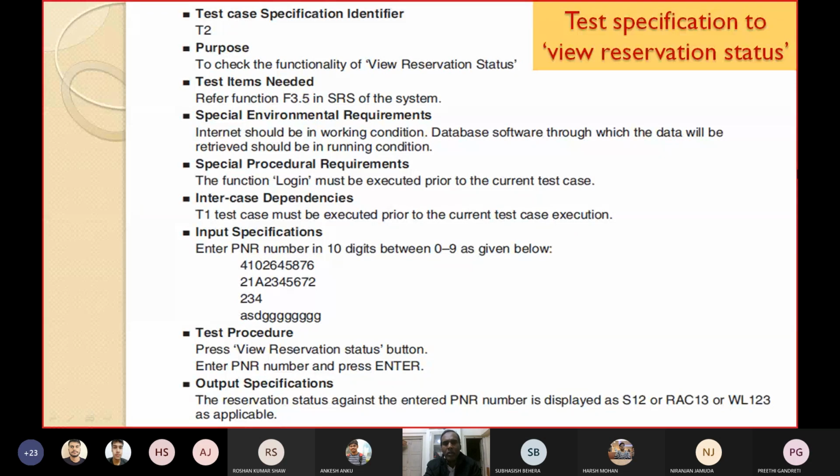So you may think of similar examples and prepare the test specification. In the examination, one such question will be asked. For example, in this library information system, you may be asked to design the test specification for issue book or return book or renew book kind of things. Or in a banking system or ATM, for example, you may have to specify the test specification for deposit money, withdraw money, etc. So please prepare the test specifications accordingly.